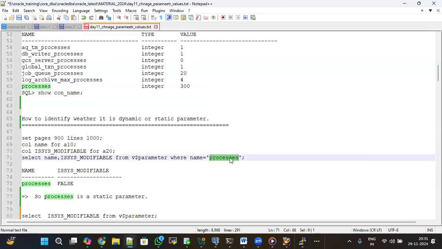Suppose if you change this parameter, what do we do if it is static? We have to restart the database services. Otherwise the parameter shows its old value only. Even though you change the parameter, it doesn't reflect the new value until you restart the DB services. After restarting the DB services, when you check the process parameter, it will show the latest value, 400. That means if it is static, we have to restart the DB services after you change the parameter,